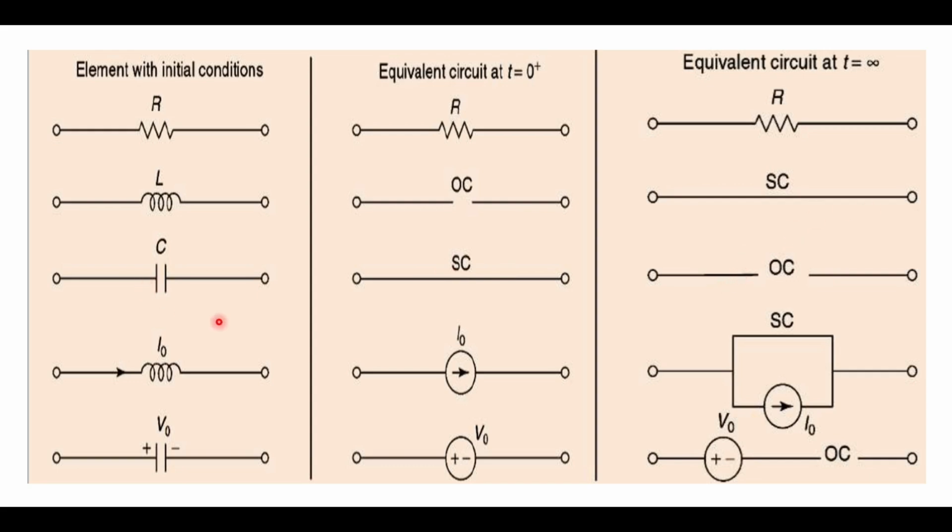Now if we consider the other case, when there was already current or voltage in the circuit, then if the inductor has a current initially, it will initially behave as a current source. After a certain period of time, if we remove the current, it will behave as a parallel circuit which contains a short circuit and a current source. Similarly, the capacitor, initially when it is already provided with a voltage, and whenever we open